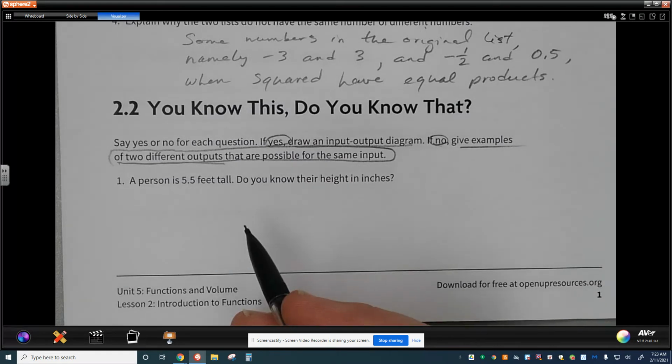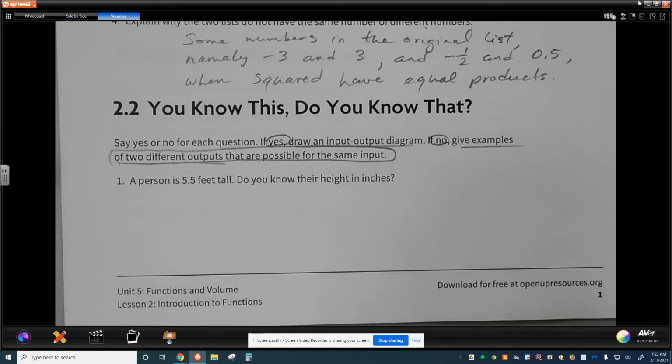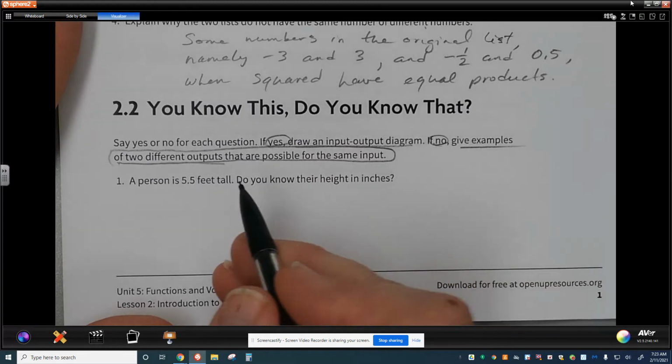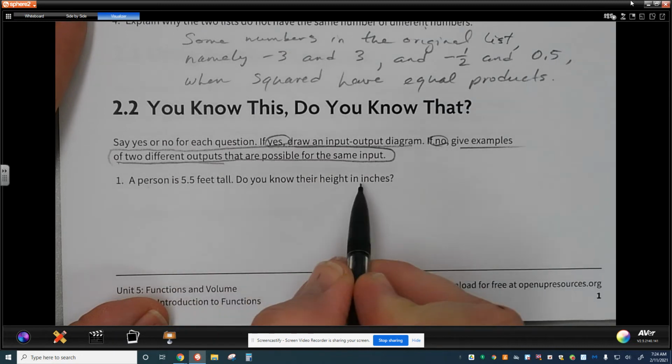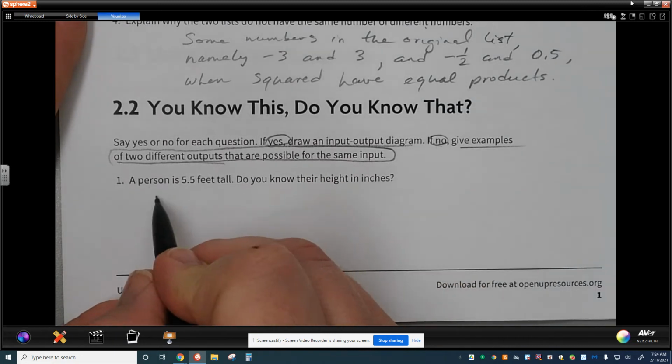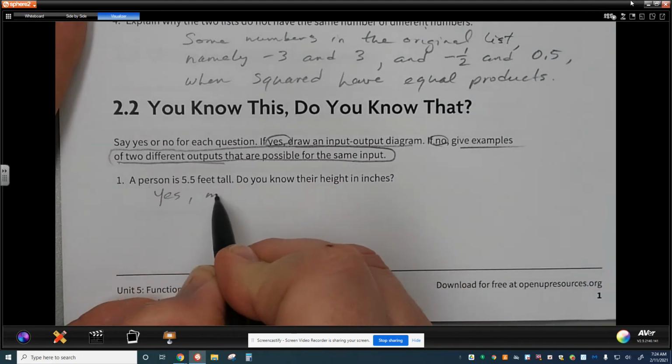So as we answer these, as we say yes, that would indicate that there's a function. If we say no, then this is not a function. So this first one, the person is 5.5 feet tall. Do you know the height in inches? Well, of course we do. All we have to do is multiply